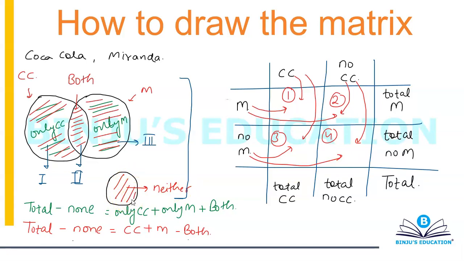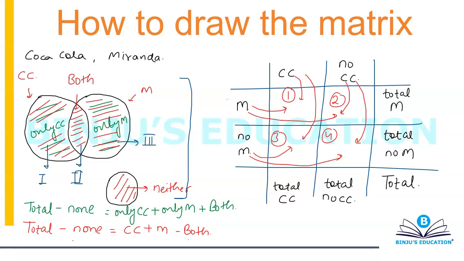There is no conceptual difference between the Venn diagram with the circular method and the Venn diagram using the matrix method. It's just the way you put things that's different. Intentionally, in GRE and GMAT, they're going to frame a question which will be easier for you to solve if you use the matrix method. They will intentionally form that question. That's the reason why we are learning this. Otherwise there is no difference conceptually, zero.